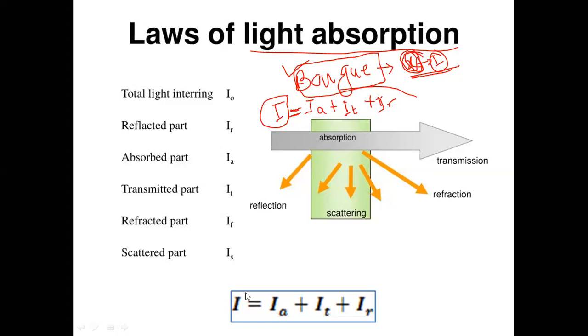The intensity of incident light is equal to the summation of the absorbed light, the transmitted light, and the intensity of reflected light. But if you use a cuvette or cell, a sample holding cell, then the